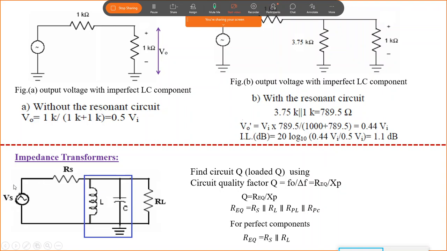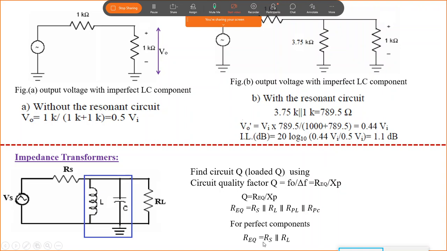For example, the output of a filter is connected to the input of the source, or a mixer output is connected to the resonator. The output resistance of that is the Rs. So sometimes we may not be able to take any value for this Rs. It depends upon the previous network. Now for example, this Rs is low, it may be 50 ohm. Assume RL may be a higher value, say 2K. If Rs is low like 50 ohm, then what happens here? Rs being lesser means Req reduces here.